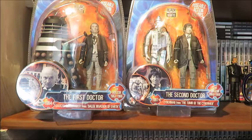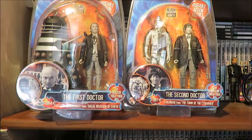Like I double dipped on the Time Crash set to have one out on the shelf, one mint in box, and like the Green Jumper Ninth Doctor and, you know, stuff like that, and the 13th Doctor set. If it's something special and a bit unique, then I will try and buy 2 of them. And I've wanted the black and white sets for a long time to get them boxed, because I just think